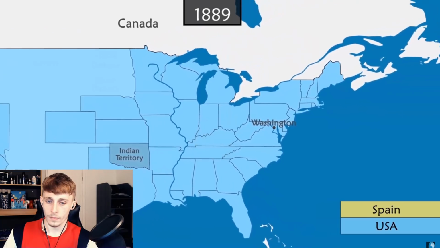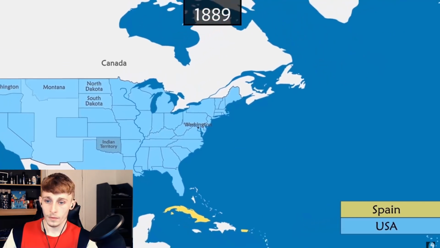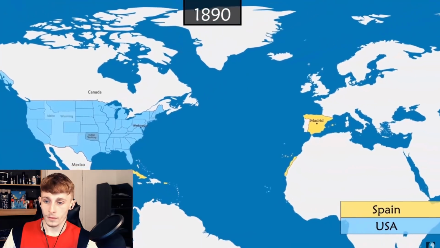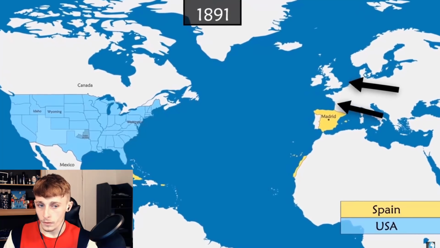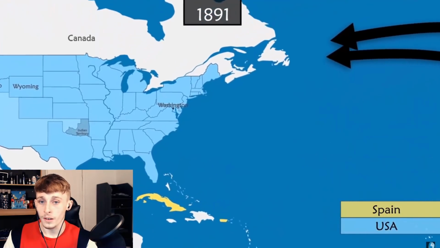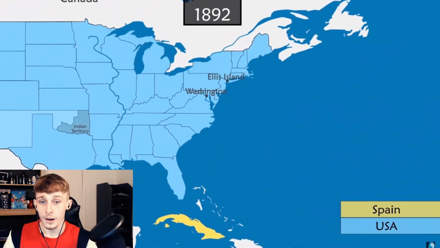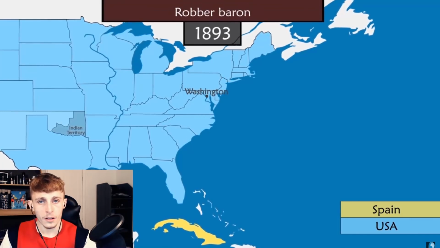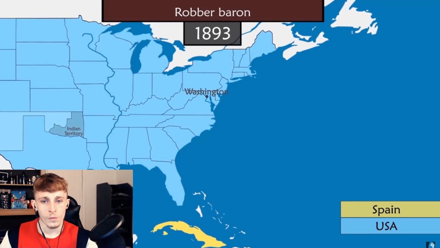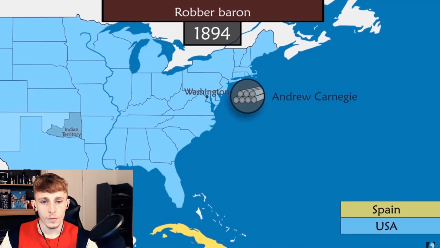The old continent, Europe, now views the United States as an El Dorado. Fleeing poverty and religious persecution, many southern and eastern Europeans migrate to the United States where they work as cheap labor. But the economic boom only benefits a minority. An elite group of industrialists grows rich quickly by establishing monopolies in sectors such as steel, rail,